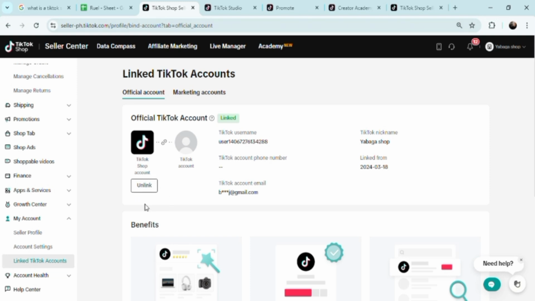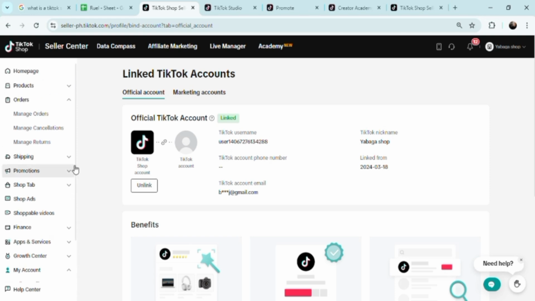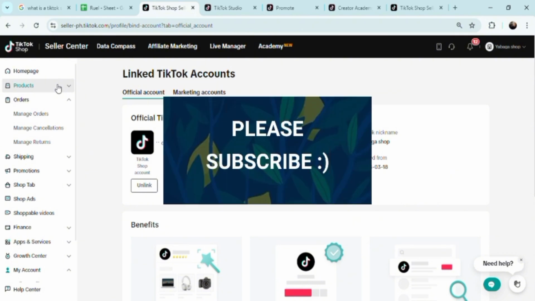you basically first have to link your account to the actual seller center itself in order for you to effectively use your showcase, because some people do it without TikTok Shop, but it's really good if you